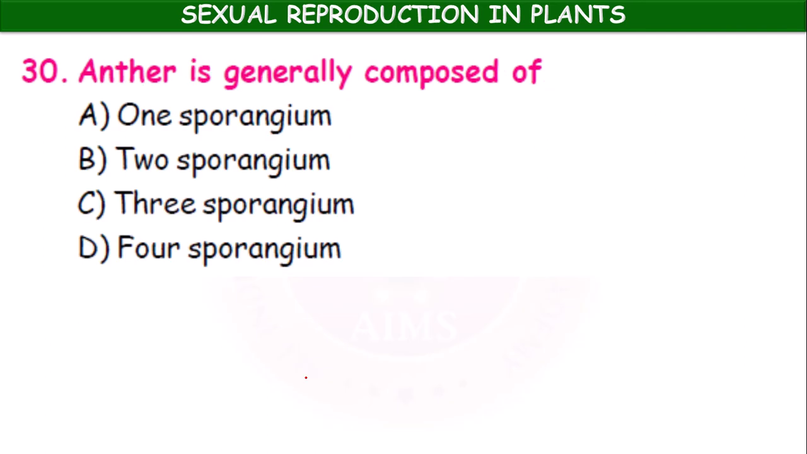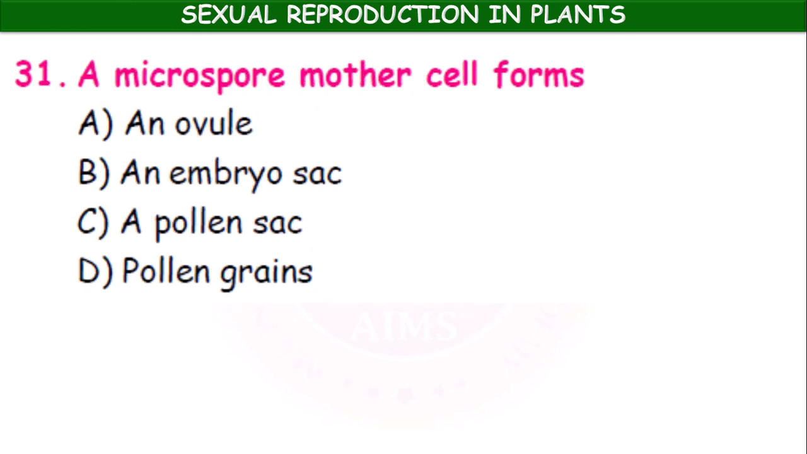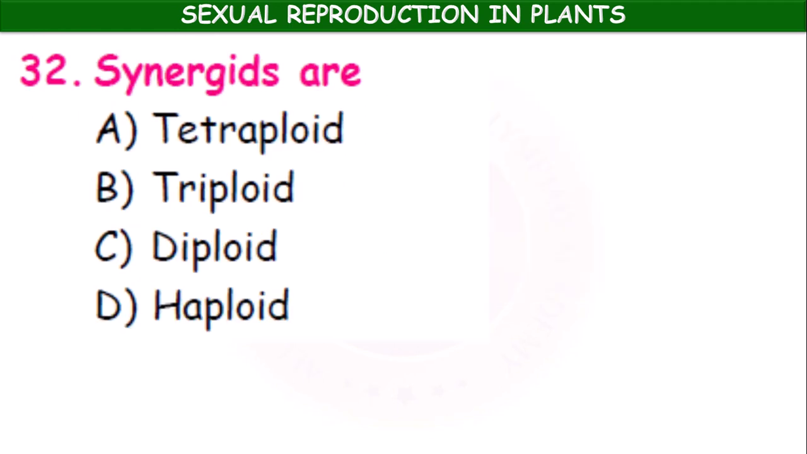Double fertilization. The anther is generally composed of 1 sporangium, 2 sporangia, 3 sporangia, 4 sporangia. Anther is composed of how many sporangia? 4 sporangia, 2 lobes, 4 sporangia. A microspore mother cell forms an ovule, an embryo sac, a pollen sac, pollen grains. Pollen grains. Synergids are tetraploid, triploid, diploid, haploid? Synergids are haploid,